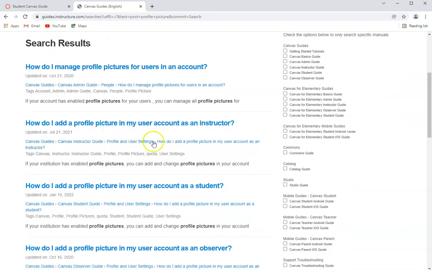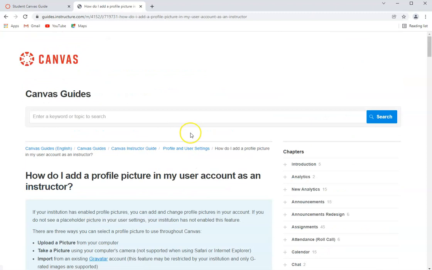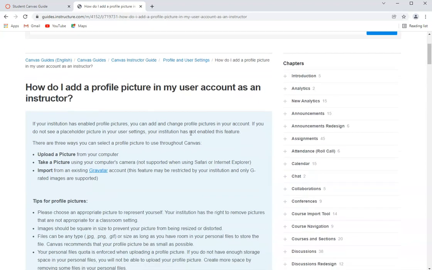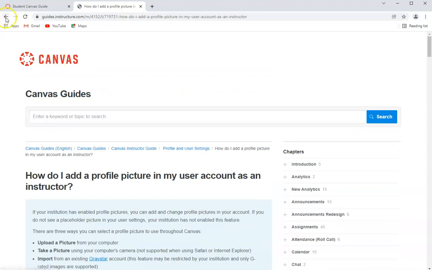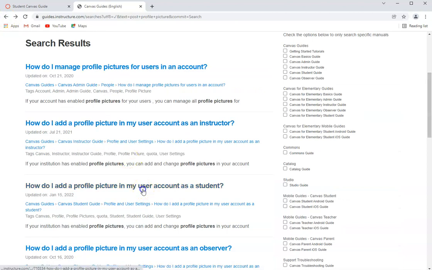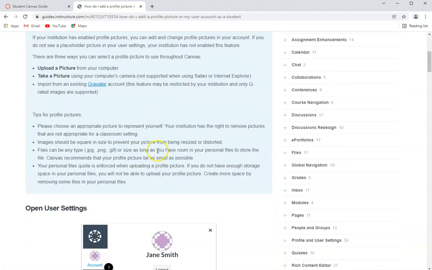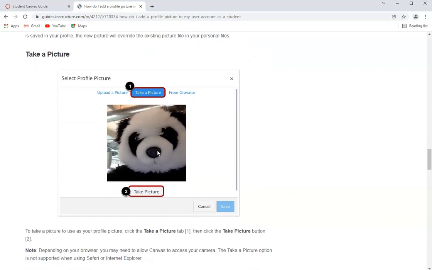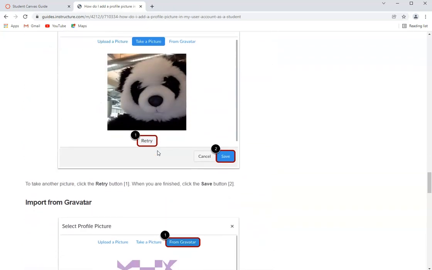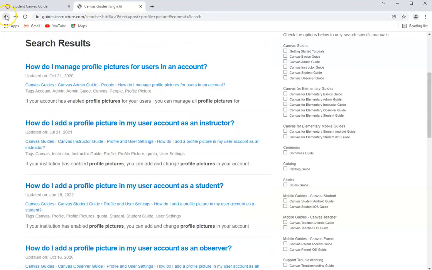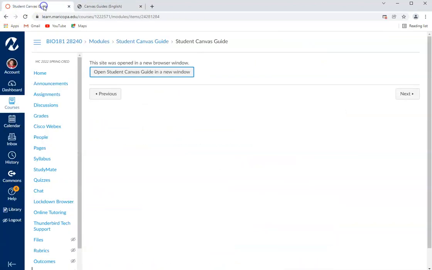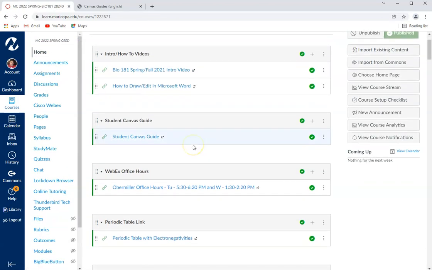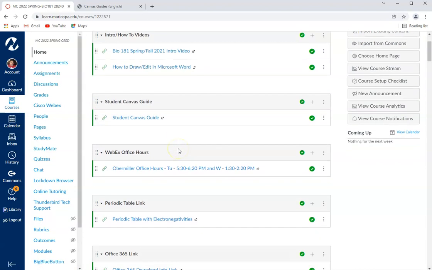And then it'll tell you how to do that. Obviously, you guys aren't an instructor. You wouldn't be taking this class, but you can do the student as well. And then it'll kind of walk you through how you do it, just like a self-help guide. And if you want, you can make yourself a panda or whatever you want. Okay, so I'm gonna go back to home, and all your questions for Canvas could be